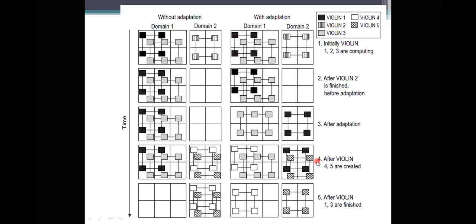Meanwhile, it takes 4 and 5 into account. Violin 4 and 5 will remain in the waiting state. Whenever it finishes execution, violin 4 and 5 will get to execute. So once the 6 nodes have been executed, next it allows the 4th violin to be executed. The fourth violin has 4 nodes and 2 empty nodes here. It started execution, and the 5th violin is also started executing.